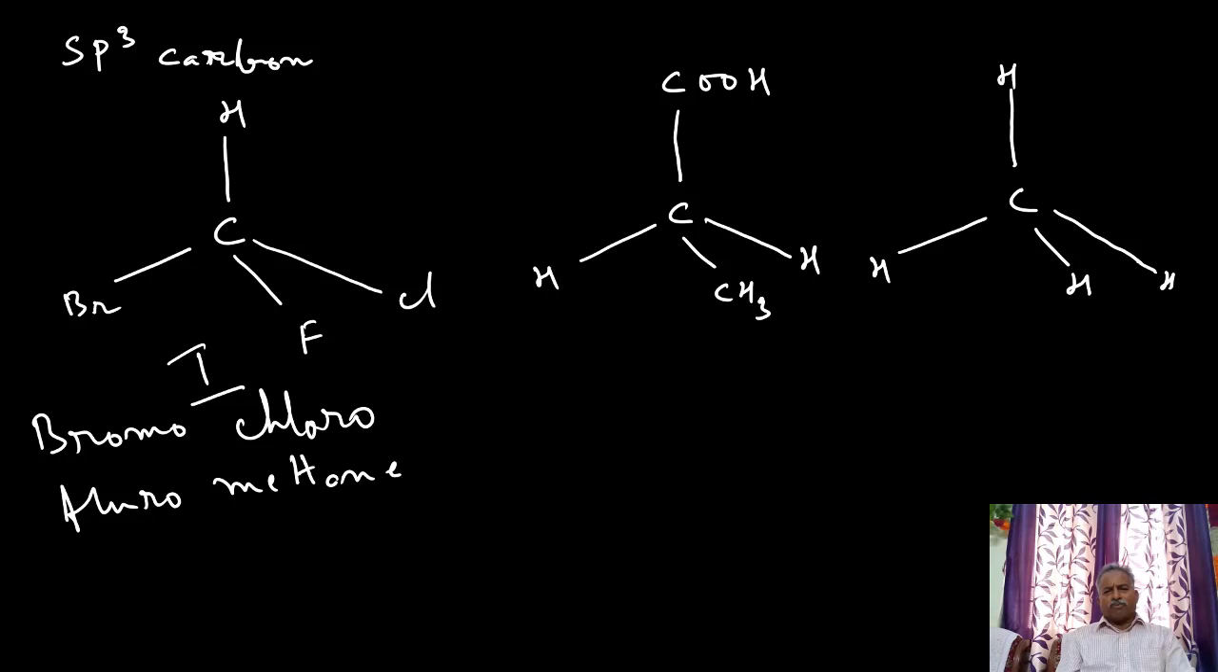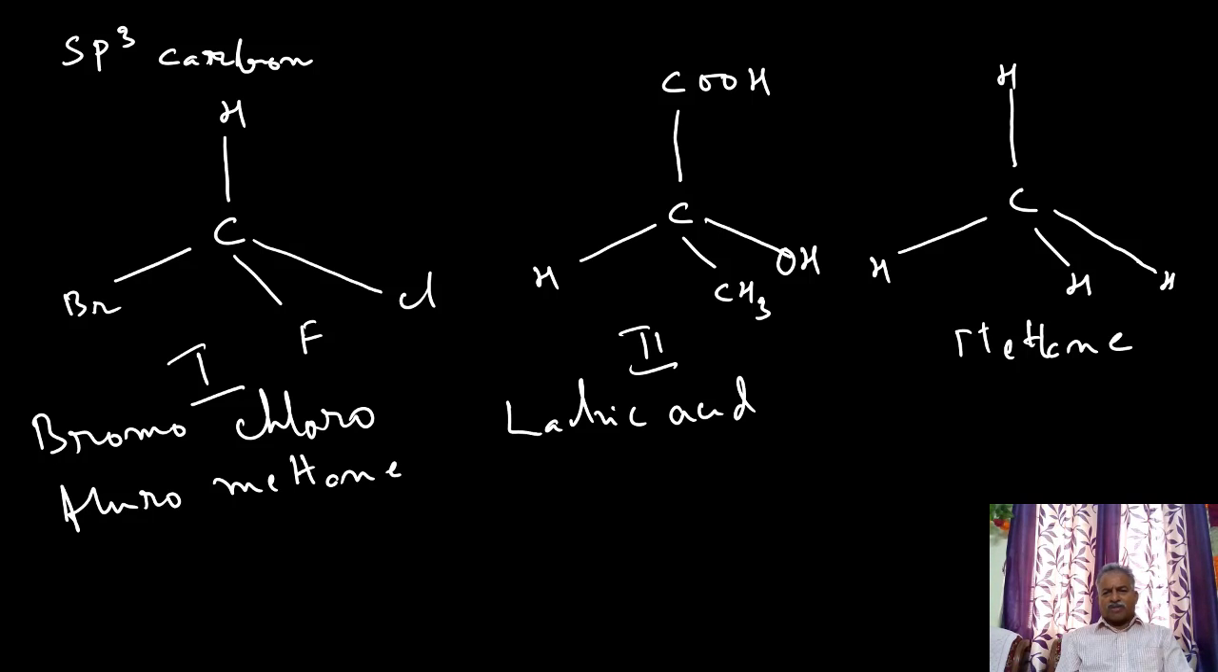Bromo, chloro, fluoro, methane. And in structure 2, the sp3 carbon is bonded to 4 different groups: COOH, hydrogen, CH3 and OH. This is lactic acid. And here this is CH4, methane. So the first 2 structures are bonded to 4 different